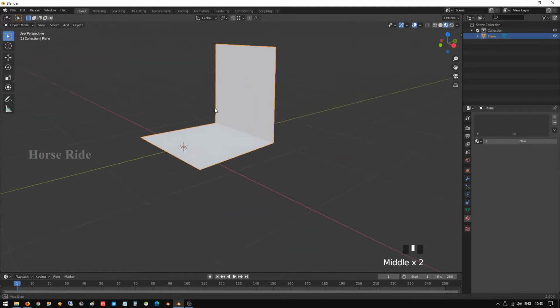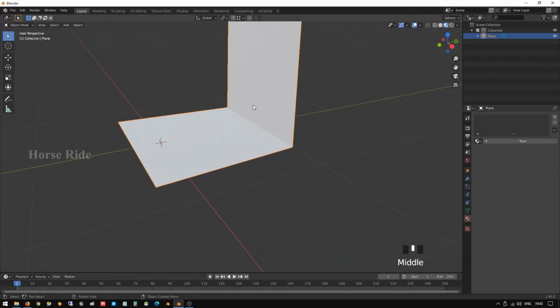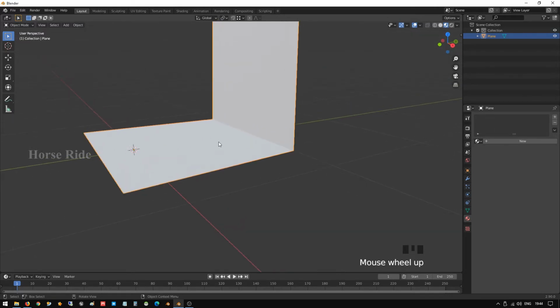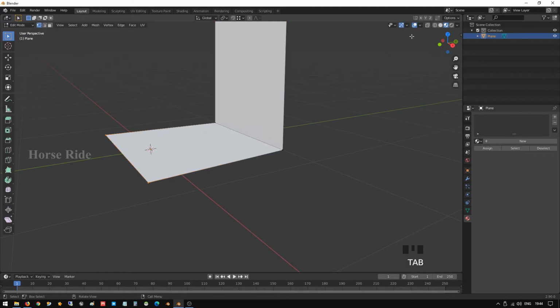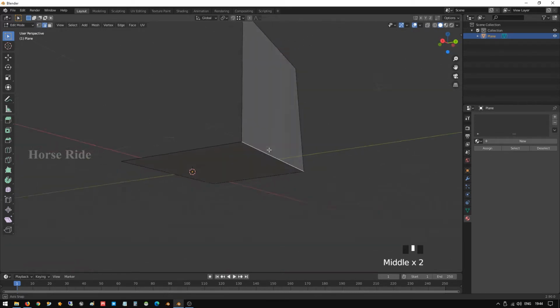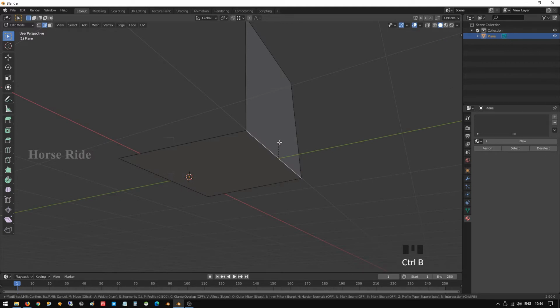So we are going to do the beveling option on all the corners. Before doing that, I'm going to edit mode and in edge selection press 2, select this edge and press Control B on the keyboard to bevel it. Now we can see it's beveling with two vertices and two lines. To increase the loop cuts, scroll the mouse upwards, so it will create a loop design. So I make it this type.